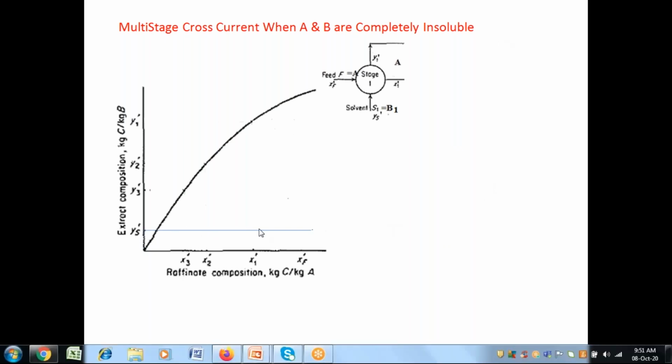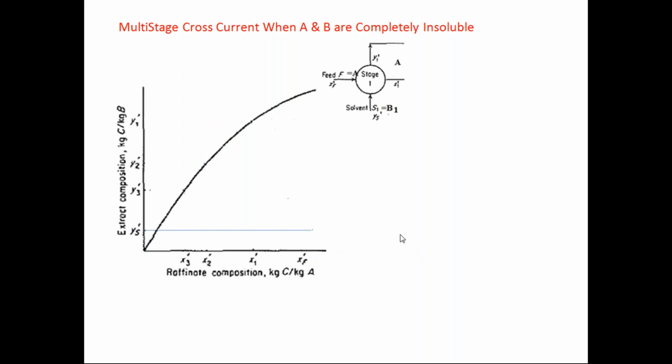See that this Ys prime is the initial concentration of the solute in the feed. So then Xf prime. At Xf prime, you can have a point here. From this point, you have to draw one line with the slope of A by B1. So you can draw that line. This line gives you on the equilibrium curve the points; if you draw the slope with A by B1, then you will get the Y1 prime here and then the corresponding X1 prime here.